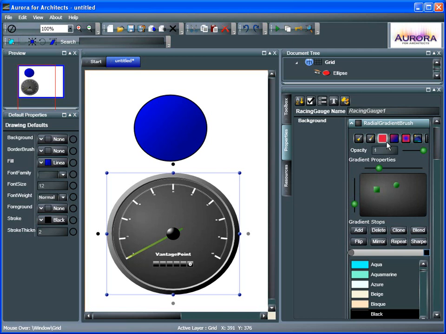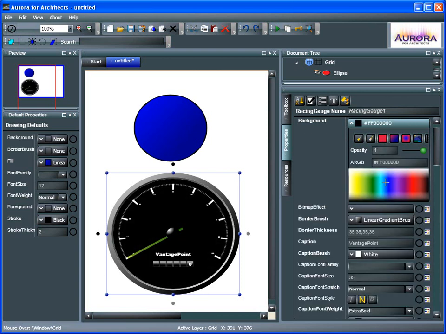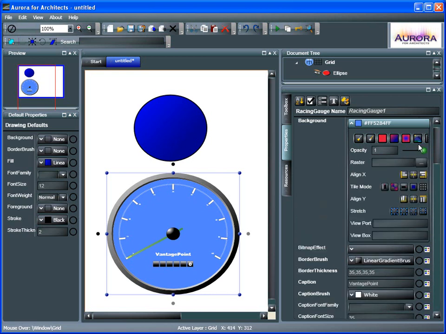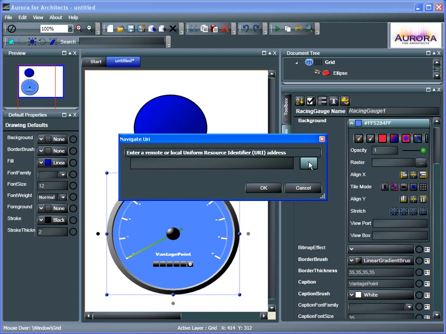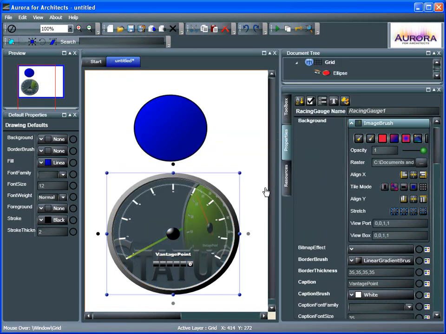Here we have, for example, a radial gradient. That could just as easily be a linear gradient, or perhaps a solid color. And I'm just left clicking and dragging through here to choose. But we can also do images and videos, etc. for the background. So if I click on image, I can actually go to a raster image in this case, and let's go ahead and use this logo here, and now I have a background